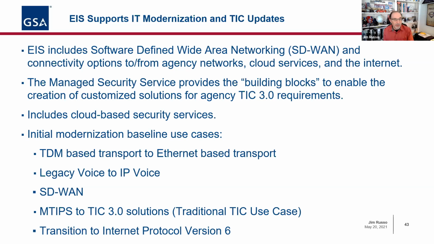In a way, if you're looking at traditional TIC, you may still have a need for an MTIPS type solution, a castle and moat type solution, for a segment of an existing network or a legacy network. But now it's going to be a hybrid. You're going to try to integrate that with a cloud-based network. And finally, we also have updated the EIS contract to salute the fact that IPv6 is still a goal to move everyone to IPv6 only networks, and we have the latest memo from OMB memorialized in the EIS